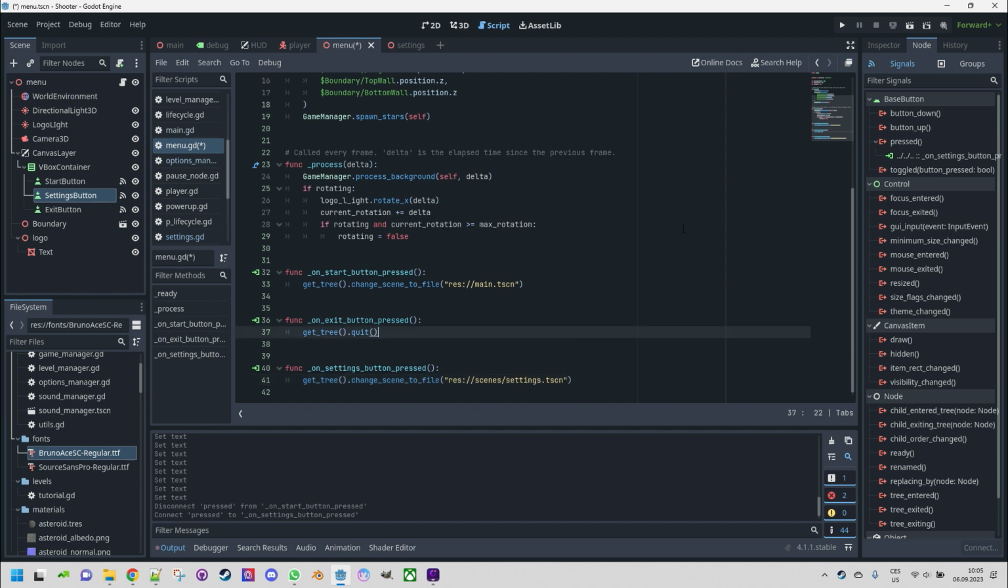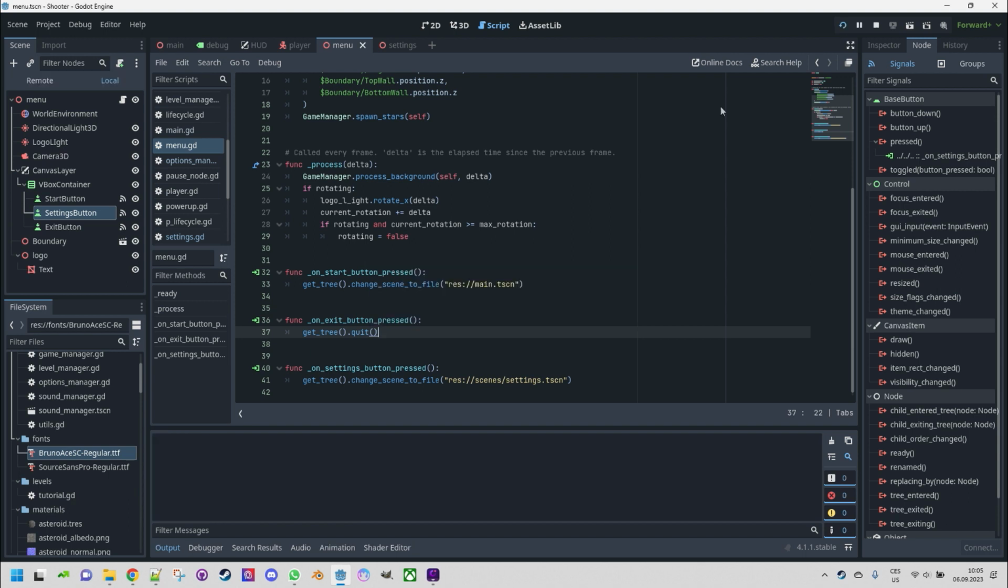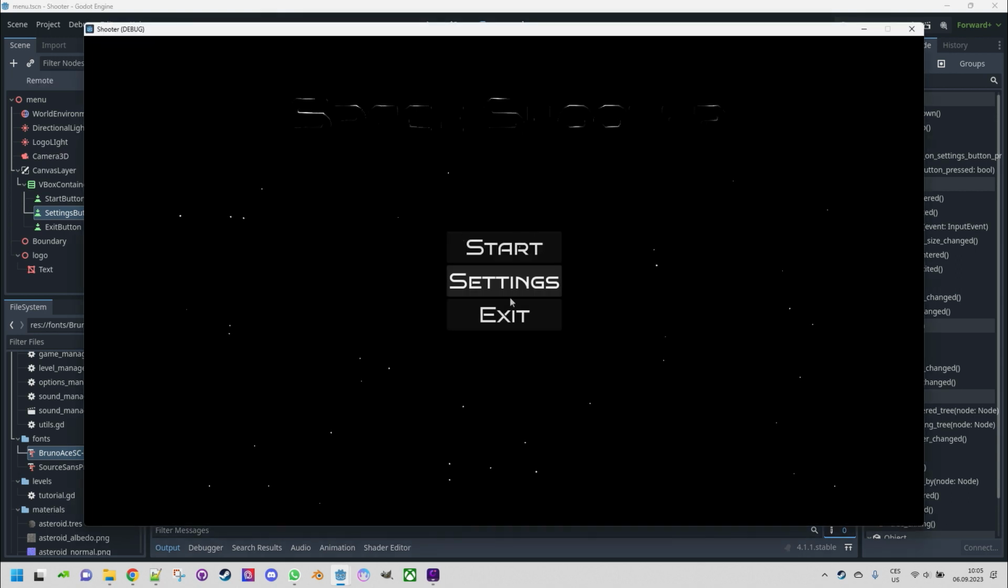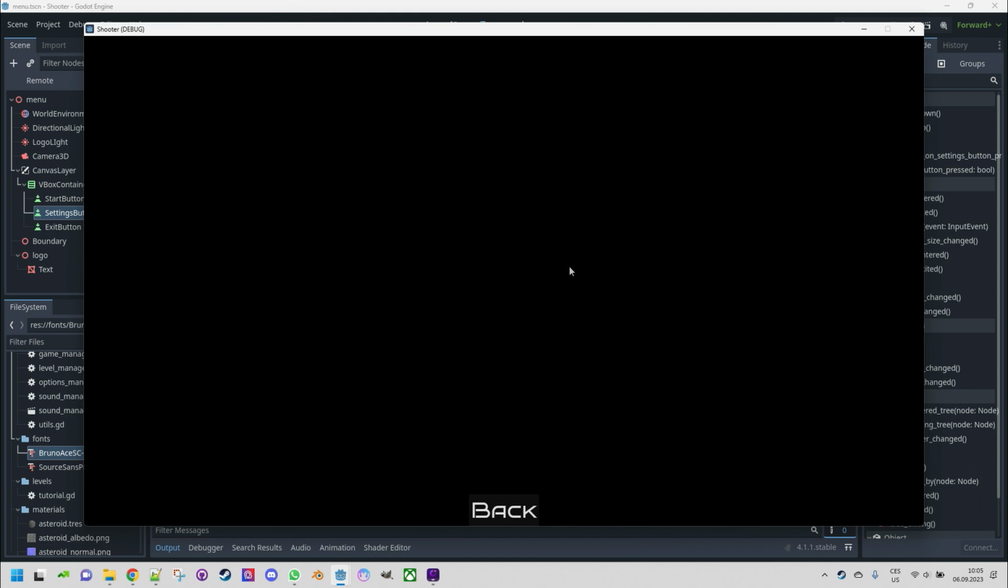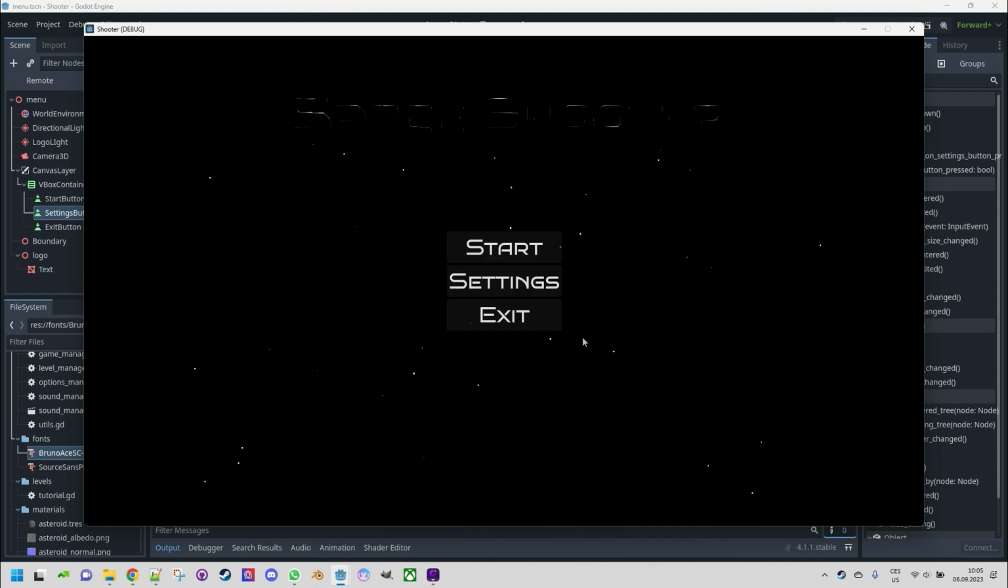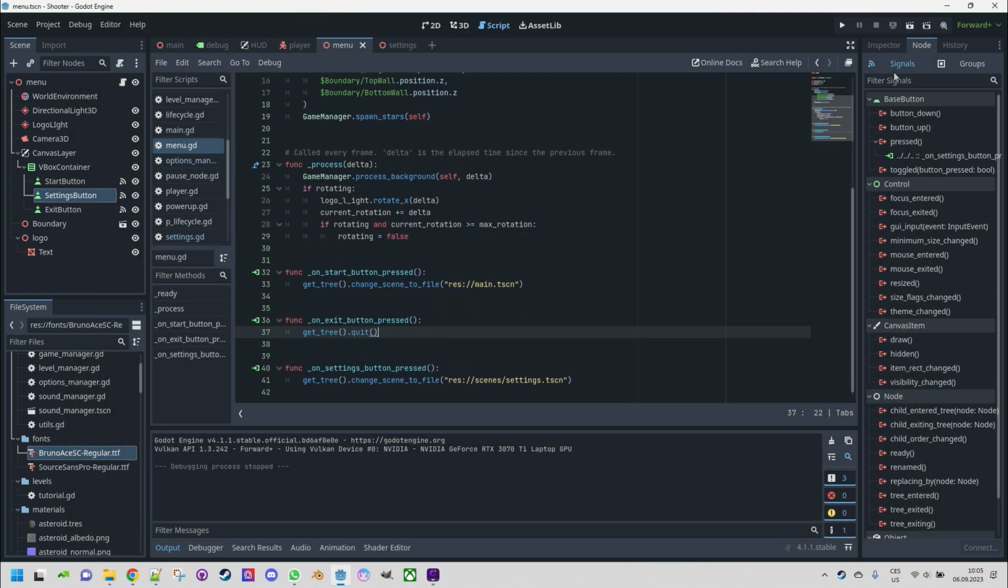Okay, let's run the game and check it. Okay, the new settings button is here. When you press it, it shows just the empty settings page with only the back button. We can either click that or press escape and we get back to the menu screen. Exit. Now that our system of settings is ready, we are ready to move forward and offer game options to